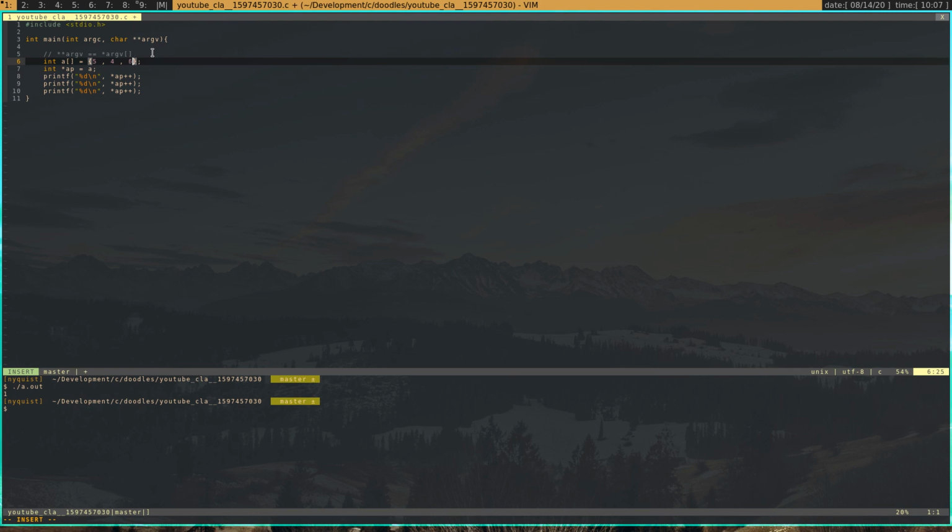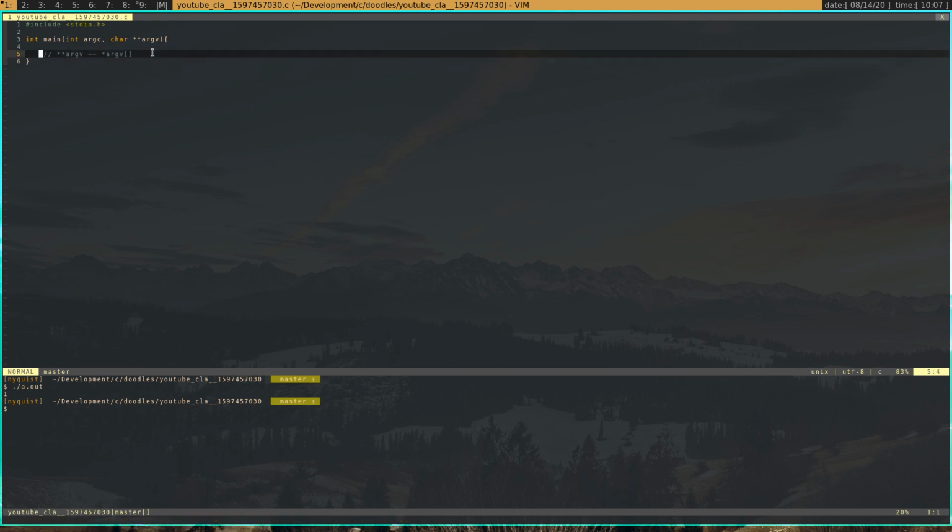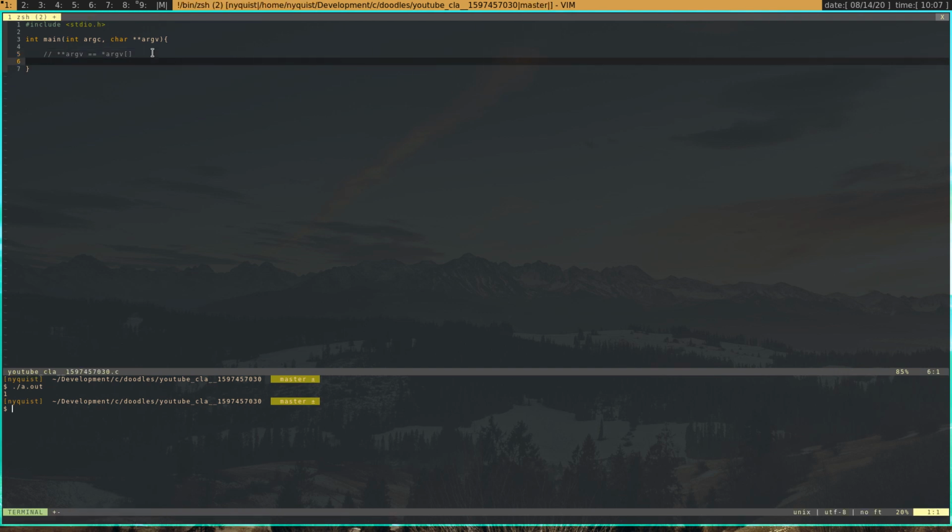Let's make this a different value. Because the first element, A, already is a pointer. But that's kind of what I wanted to show you, a little bit off subject. But anyways, if I wanted to read from these arguments, right, I can set arguments by doing,